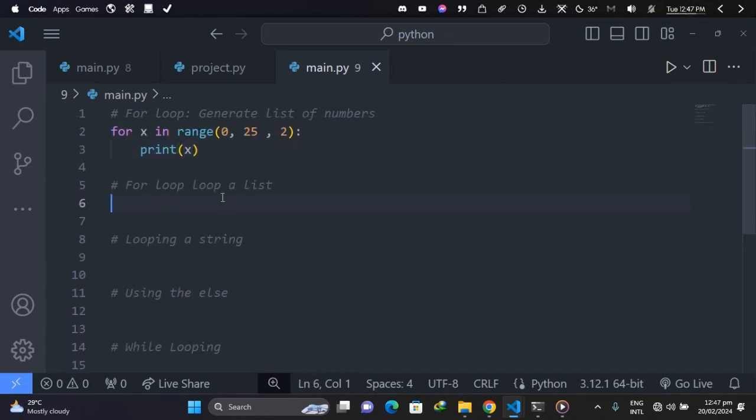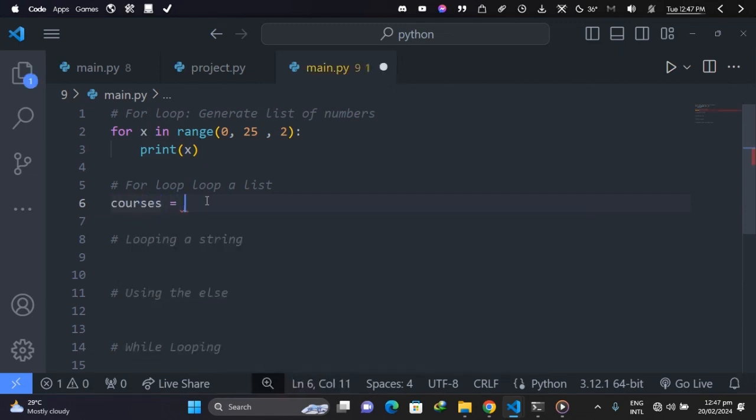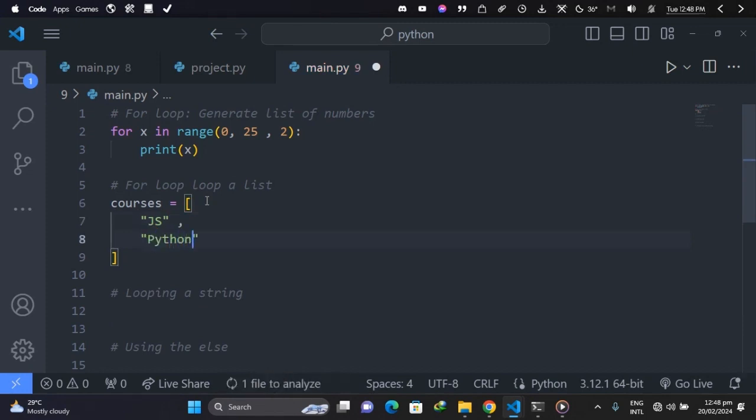So we can loop a list. What do I mean? If we have a list over here, maybe I can have a list of all my courses. So I can have a list of courses just like so. I can have JS, so JS for JavaScript, and then we can have maybe Python, so Python,